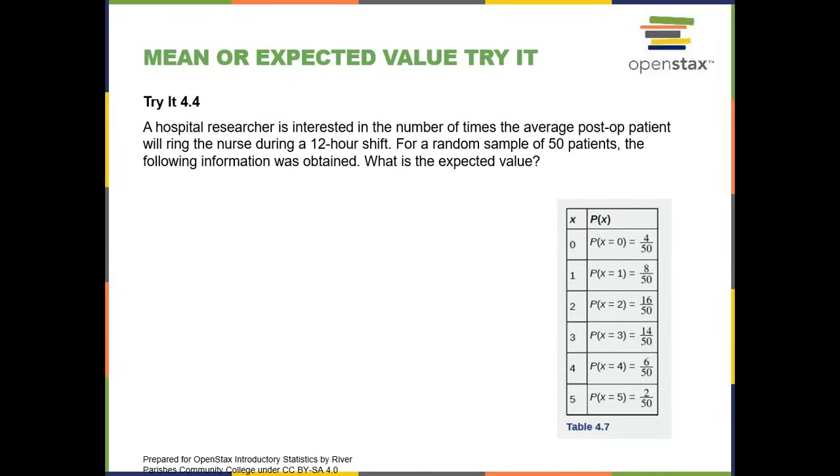Then number 1, which is 1-Var Stats. My list is L1. First line is always L1. My second line, frequency list. Remember, the relative frequency or probability has been entered in L2. So in the second line, I also want to put L2. But right now, it is empty. So I put the cursor next to the colon in the frequency list. That is the second line. And I have to insert an L2 over there.